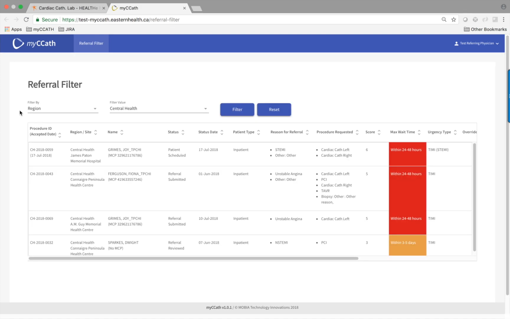Let's review the data elements displayed on the referral filter page. In this scenario, we filtered by region, specifically referrals for Central Health. So across the top, we have the procedure ID and the accepted date. Note the accepted date is only filled in if the referral has been accepted. In this case, this referral has actually been scheduled. We have the region and the site name, so Central Health, and this is the site of the inpatient referral,